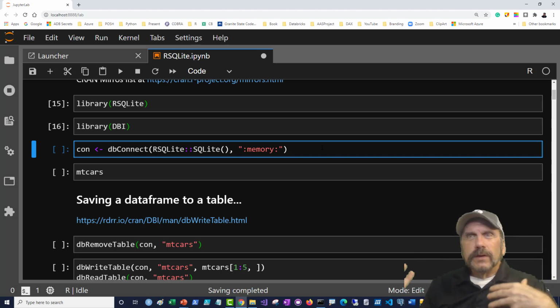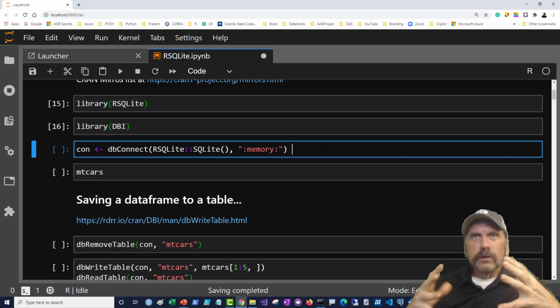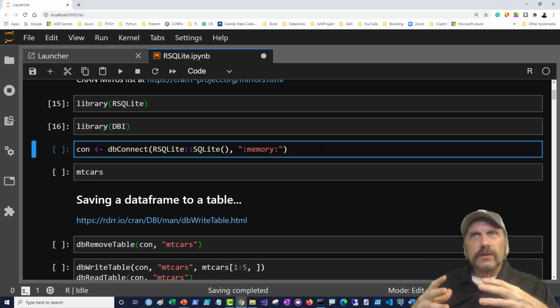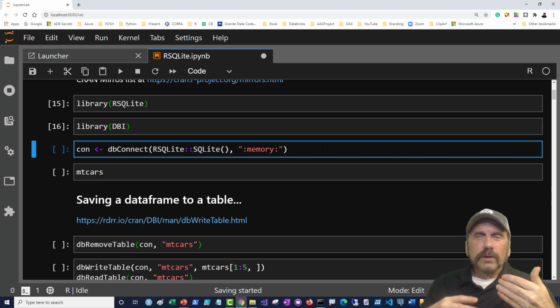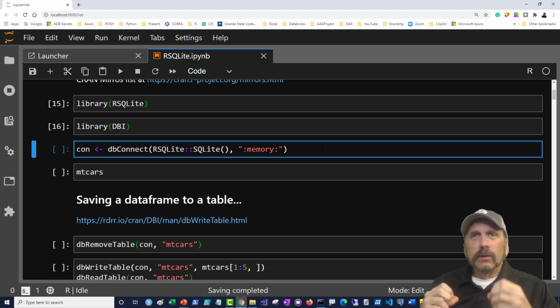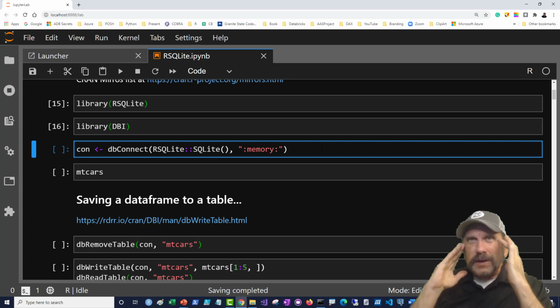But you want to be able to query things and persist them and do stuff. So you might be working all day on something. Well, a nice feature is that maybe you don't want to really save this to a physical file. Instead, you can just do an in-memory database. It will run fast. It will allow you to store many tables, and you don't have to kind of keep